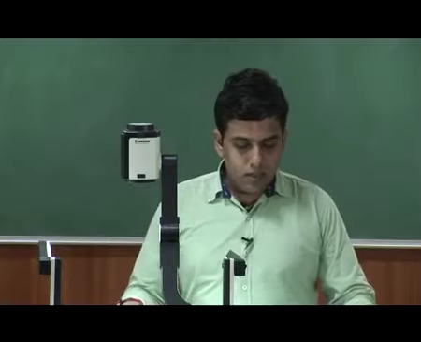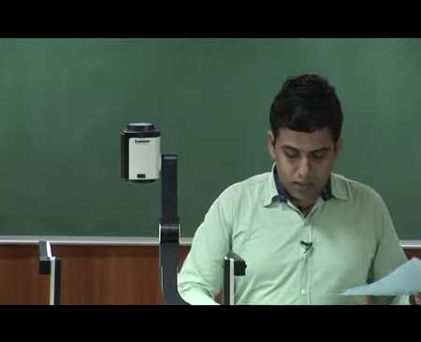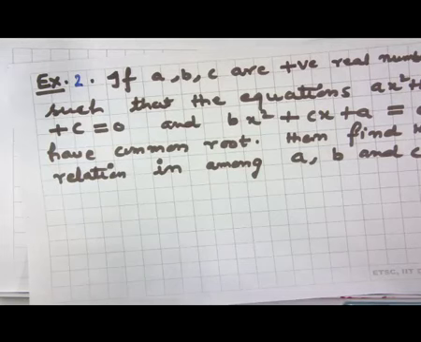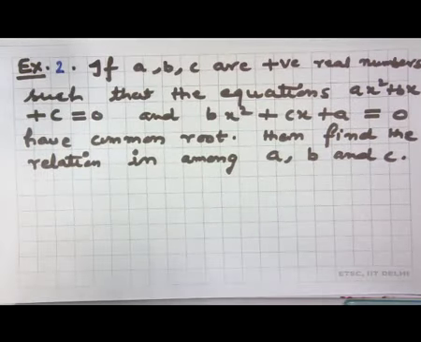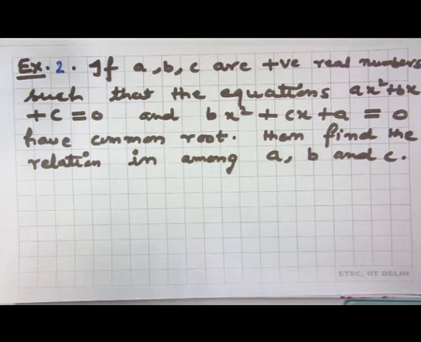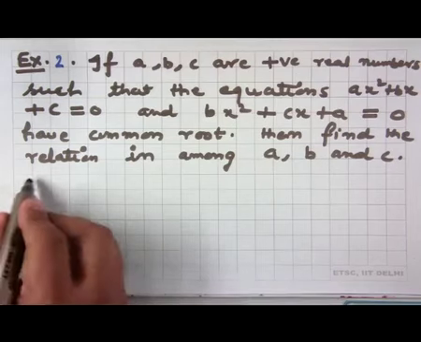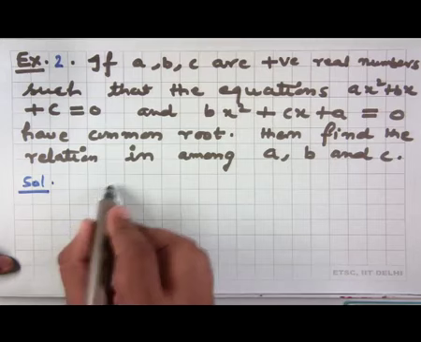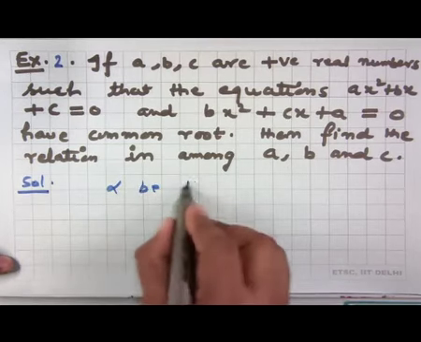Now let us take another example. If a, b, c are positive real numbers such that the equations ax square plus bx plus c equals 0 and bx square plus cx plus a equals 0 have a common root, then find the relation among a, b and c. Now in the same way as we solved the earlier question,